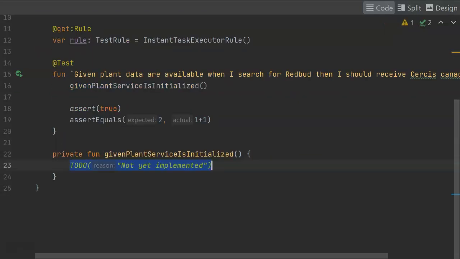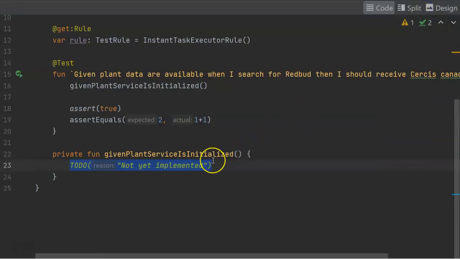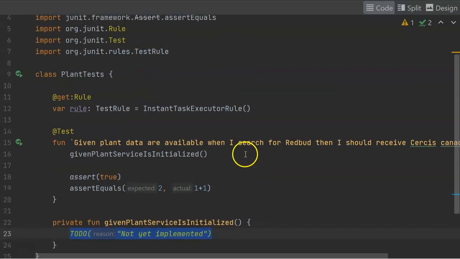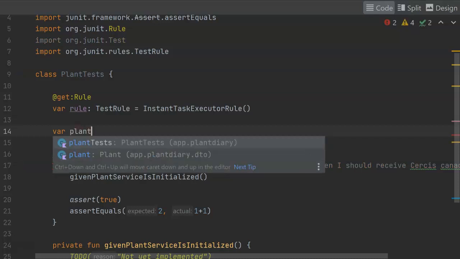Alt-Enter, create function. And for this, we simply need to instantiate this plant service class that we saw before. Remember, we have not yet created that plant service class, but that's the nature of test-driven design. We create the test knowing that the code does not yet exist, and then we create the code to make the test pass. So we're probably going to use this plant service in multiple places, so I'm going to declare it as a variable up above. We'll say var plantService,